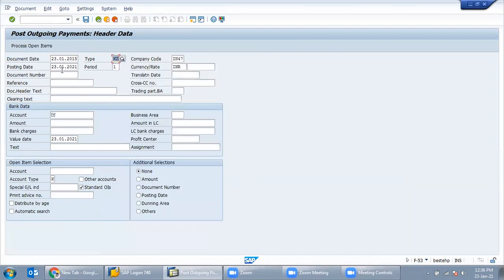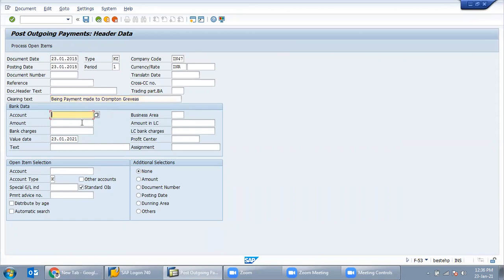We select KZ and just change the date. Give the narration like, being payment made to Crompton Greaves.